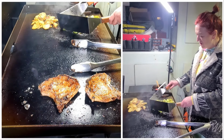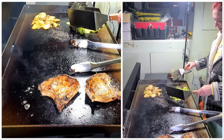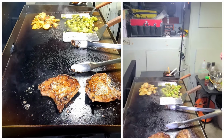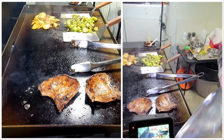No one's dead, no one's burnt. Food looks and smells delicious. Sure does. And now we have to plate it up. Yep, so we will take a picture of the plated bit for the thumbnail, and